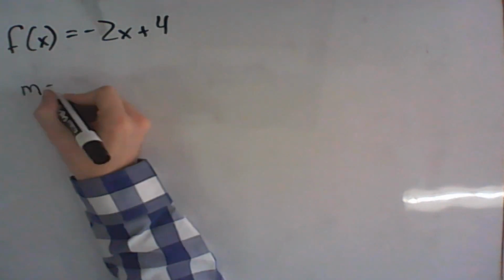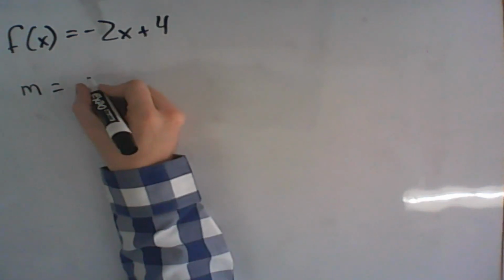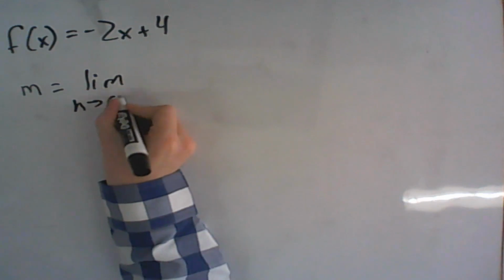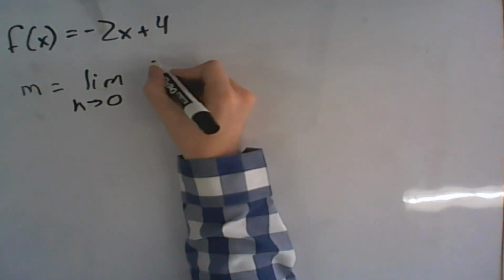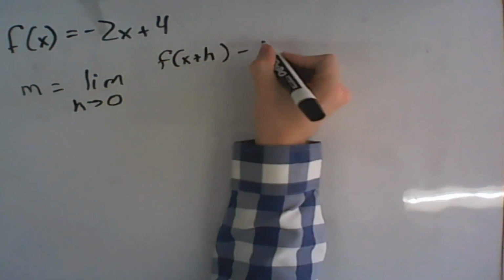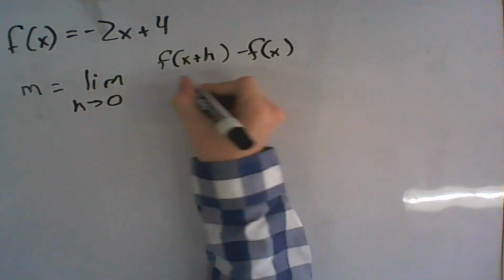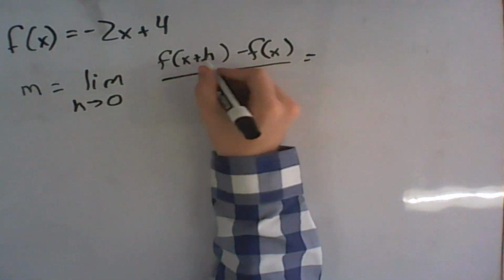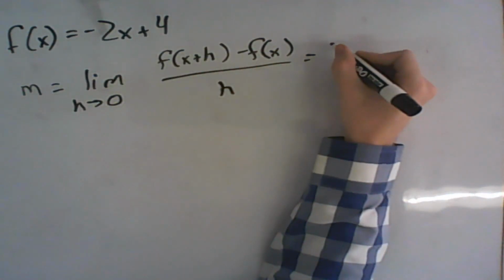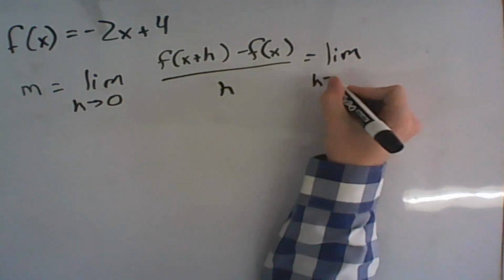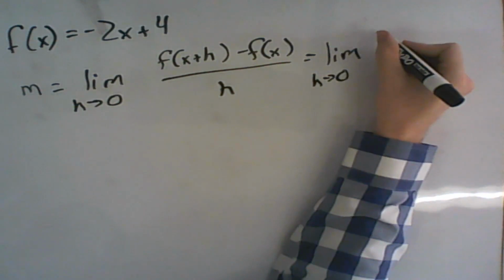And so we're going to find m, so m equals the limit as h approaches 0 of f of x plus h minus f of x, all over h. So if I plug in x plus h into here, we get the same thing, limit as h approaches 0 of,